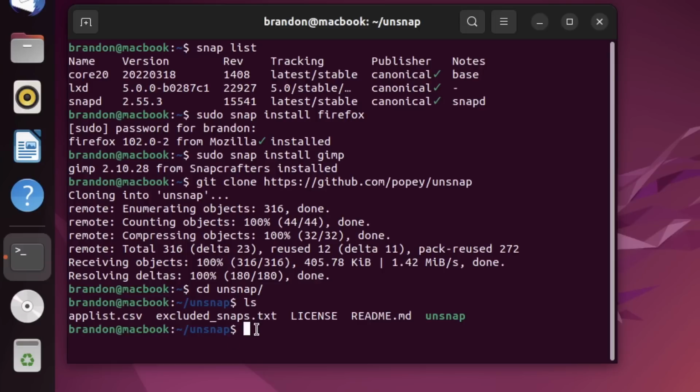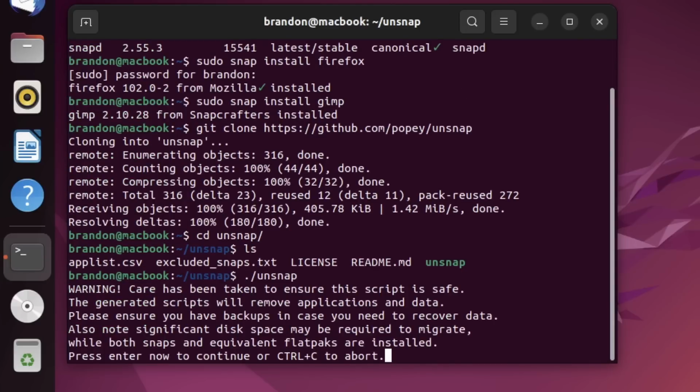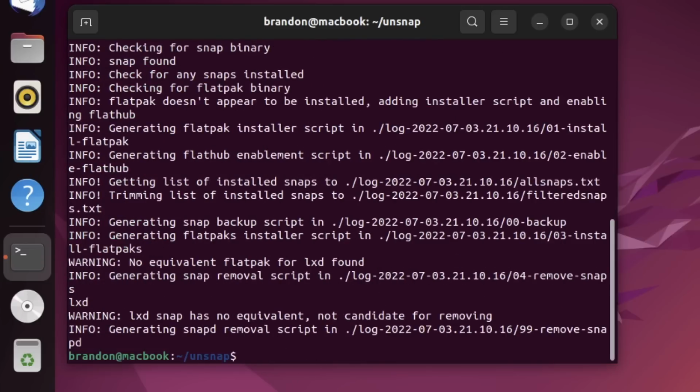I'm in the directory, so I'm going to run the script real quick, and I'm going to run unsnap. So hit enter, and then it's going to give us a little warning. Care has been put into the script to make sure that it is safe. Always, no matter what you're doing, make sure you do have backups. Probably the most important thing. I'm going to hit enter to continue, and then you can see it went ahead and enabled all the scripts